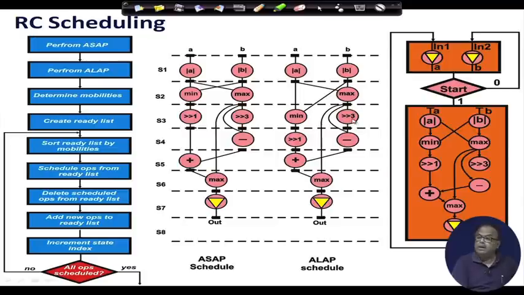Therefore, this shift will be scheduled, and then this shift makes this minus, but then I have got my ready list. So, I will schedule min also, because as soon as I come here, min has no further mobility. Therefore, min will be scheduled. In that way, we go on in the list scheduling algorithm. That is how the scheduling is done. And here, given my constraints, every time I see whether all operands and operations and opcodes are scheduled.